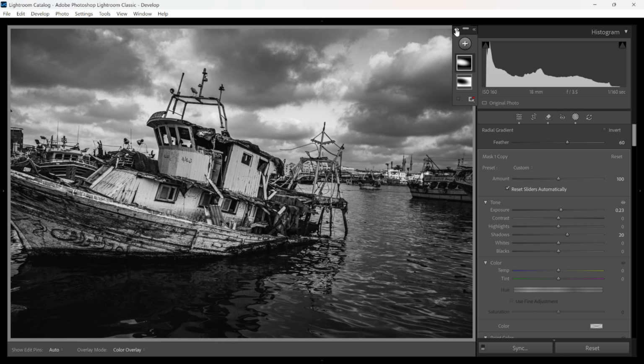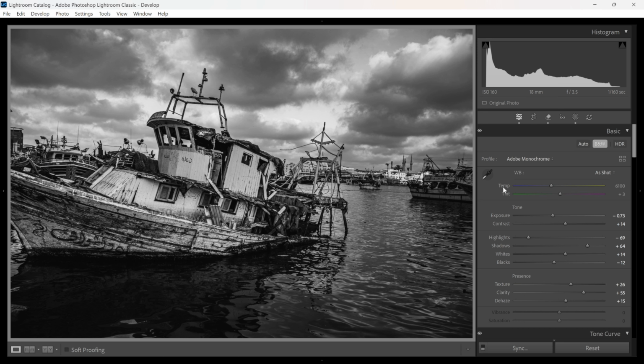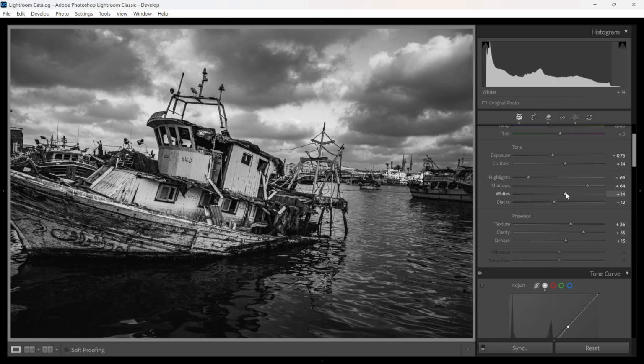Okay, let's see the difference. Here's before using the mask, and here's after using the mask. It's more specific, more dramatic, and it's leading the eyes to the main subject of the photograph. Again, there is the before and there is the after. Okay, looks very good. Right back in here, I might just increase the whites a little bit